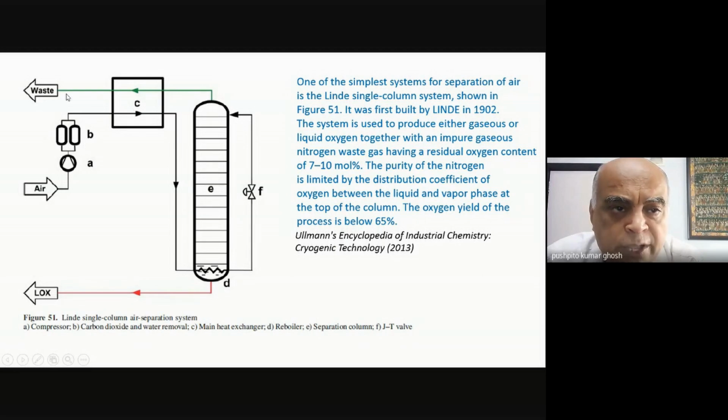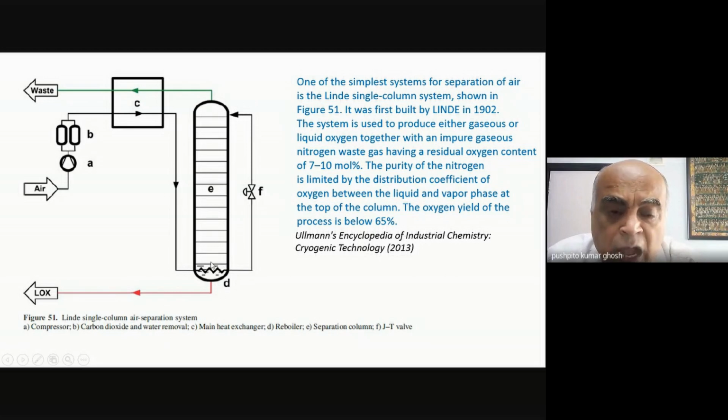So outgoing waste gases, which are cold, are helping you to cool this feed gas, and this is getting warmed up, and this then is going into the bottom of a column. Because I have used a cold gas, I may have actually effected a partial liquefaction of the gas, and subsequently I also do a Joule-Thomson expansion over here, and the vapors are fed in over here, the liquid comes here,